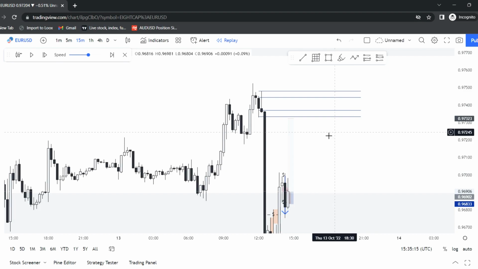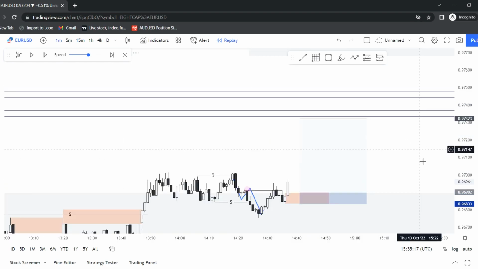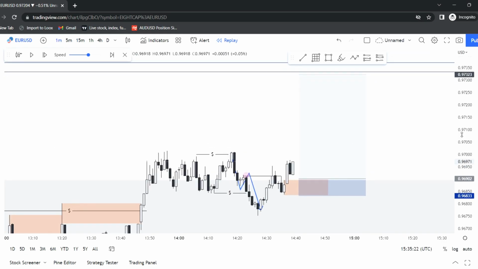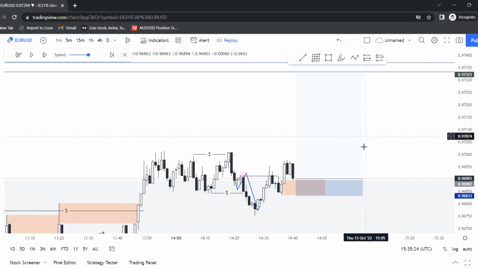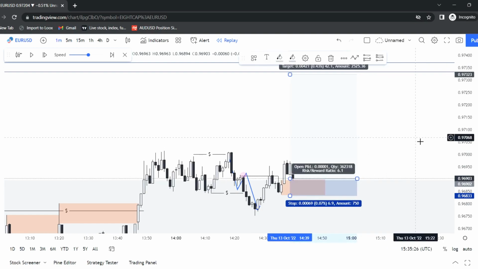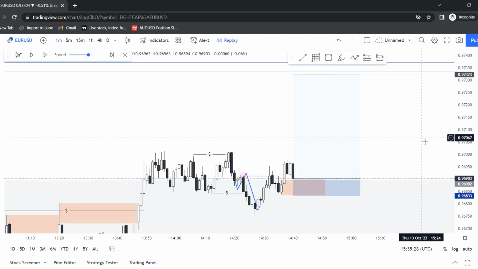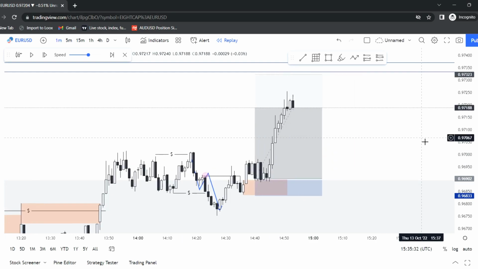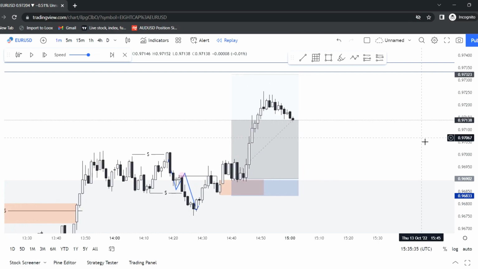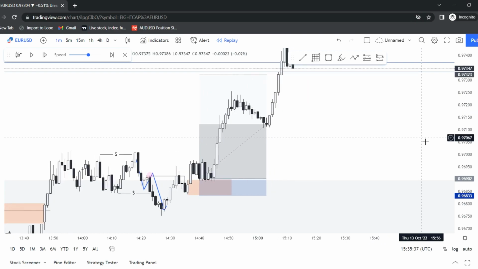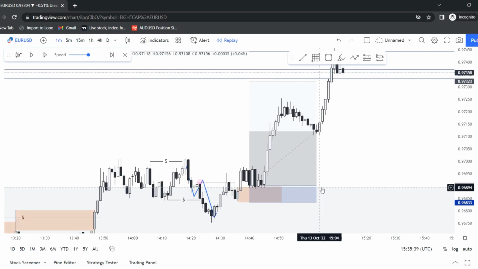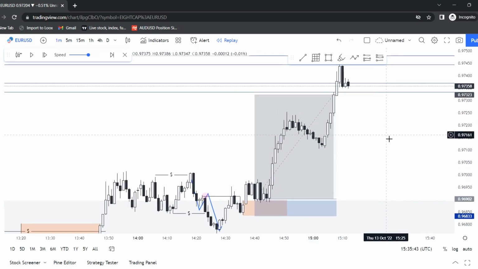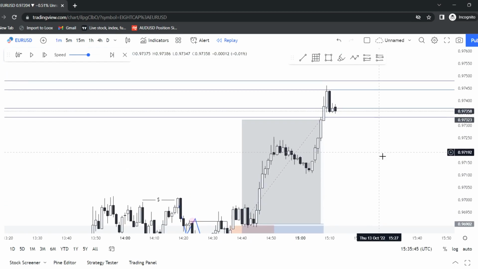But that's going to come later on, and I'm going to actually show you a mistake I did in this very specific trade. So coming back to the 1 minute time frame, I'm going to play this a little more forward. So at this very point, I was filled into my trade, and I'm just gonna let it go, and you can see that it hit my TP quite soon enough. Now I was done at this point, and I was like, okay, perfect, I'm just gonna stop trading for the day. And I was going to look for shorts in this area,